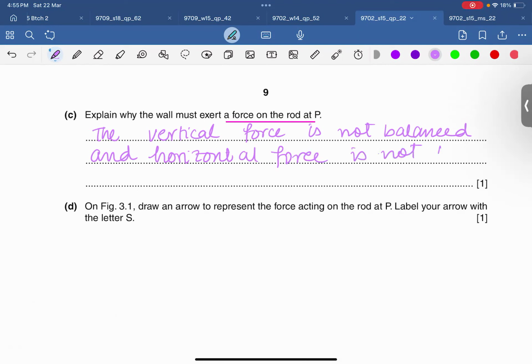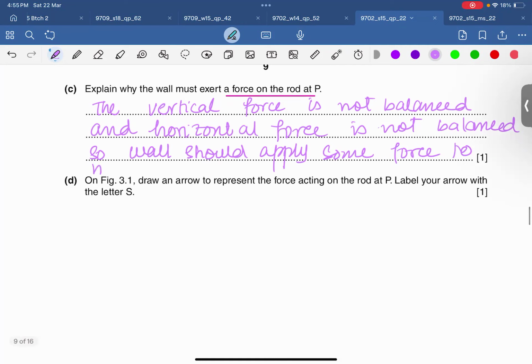So wall should apply some force to make the resultant zero. Okay, is that clear? Resultant zero. चलो ये आगे आ जाओ।